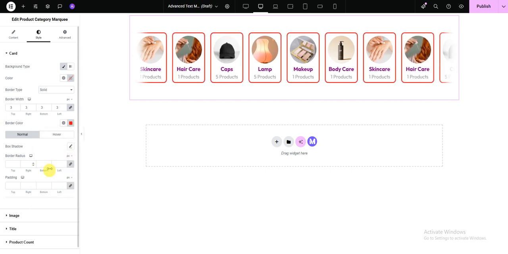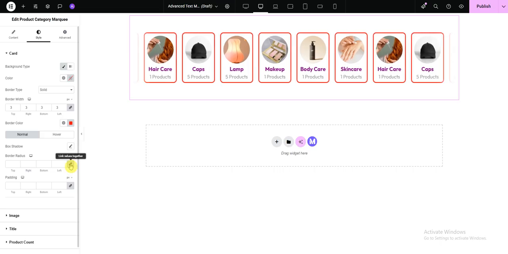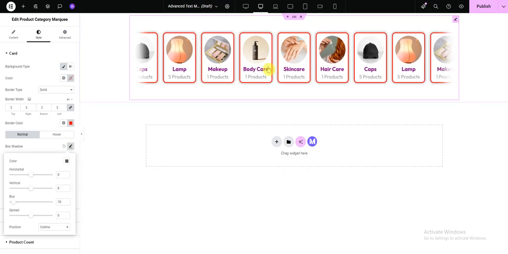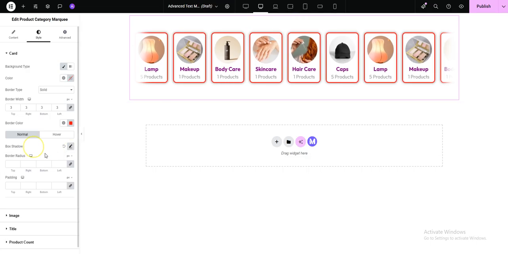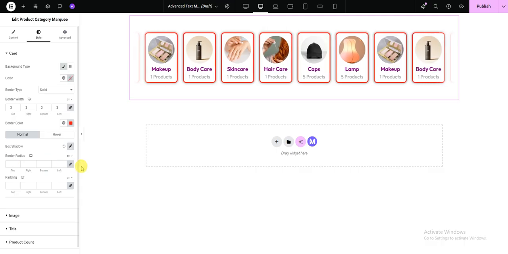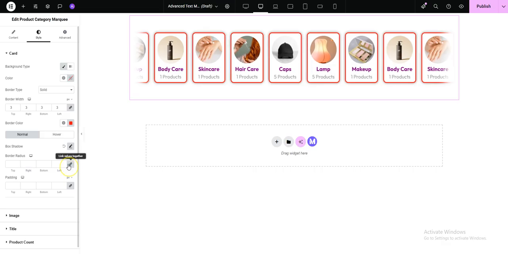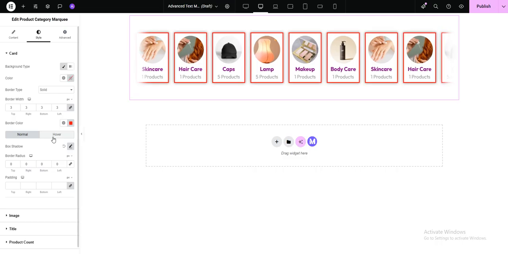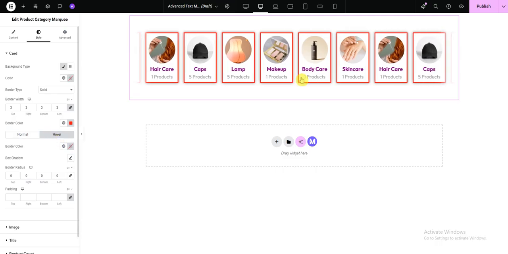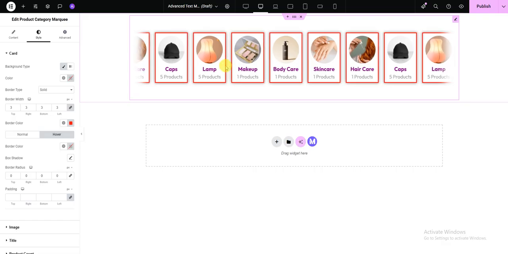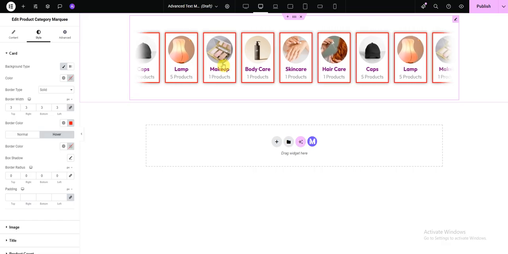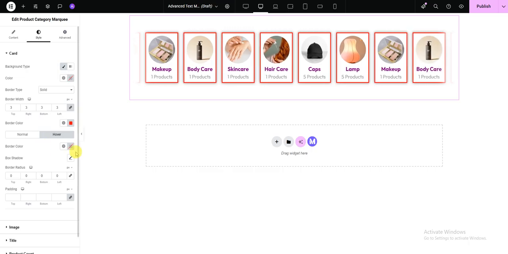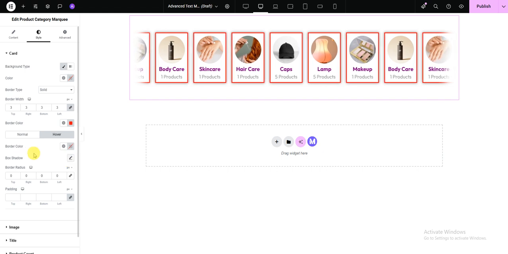We can also disable border radius or add box shadow. We can see the box shadow appeared. We can also disable or increase or decrease border radius. So when I make it 0, the border radius is gone. And this also works for hover. So when we hover on this product category, then what we want to add, which background color, which box shadow,